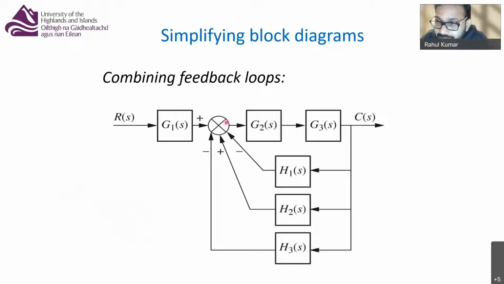So I have replaced the 3 summing junctions by a single summing junction. Okay, and I have combined them here, keeping note of the signs. So only the middle one, which is H2 of S, was getting added, whereas H1 and H3 were being subtracted. So I have noted that. Okay, now the second step would be to simplify or reduce these feedback gains.